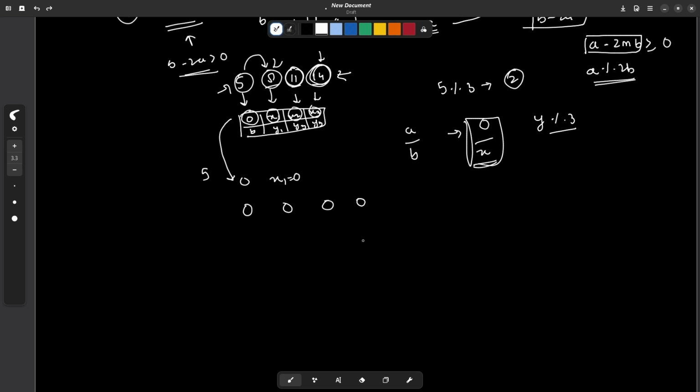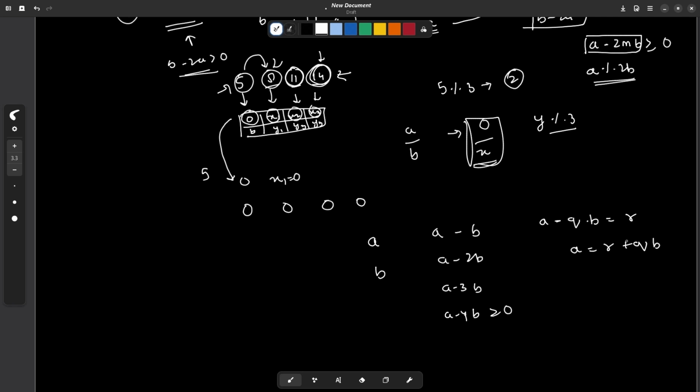So let's say we have some numbers a and b, right? And I'm saying that I can subtract b like this: a minus b, a minus 2b, a minus 3b, a minus 4b, and I can keep subtracting until this value is greater than or equal to 0. So I'm just asking, what is the value that will remain at the end? After subtracting some multiple of this number, I'm going to get some other number. Does this equation seem familiar? It is nothing but